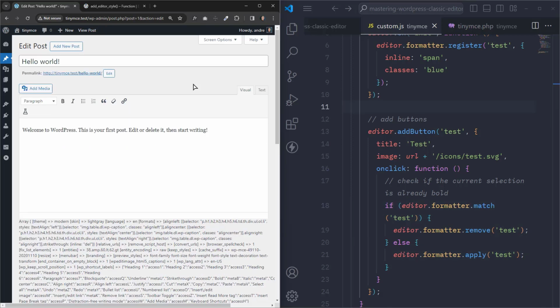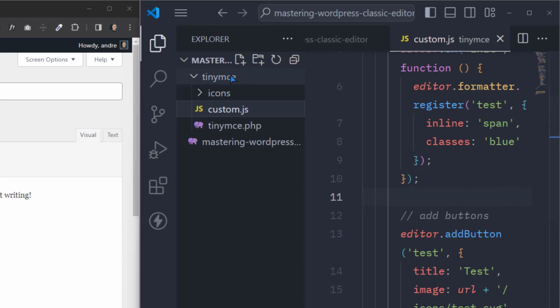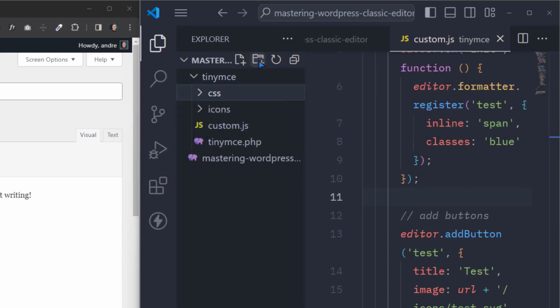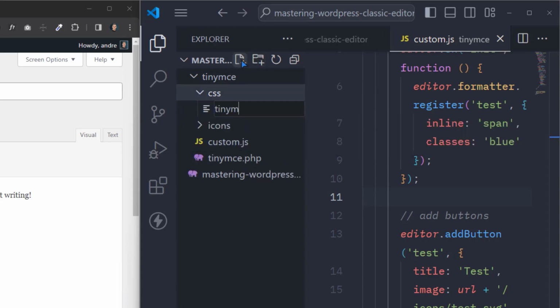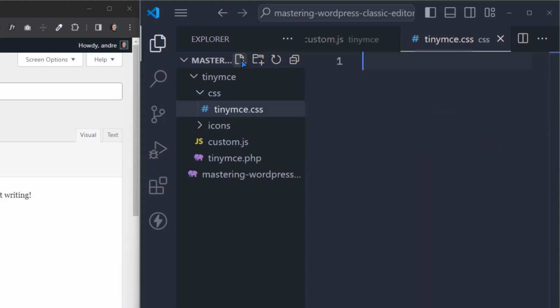To add custom CSS style to our TinyMCE editor, let's first create a new folder here inside our TinyMCE folder, and let's name it CSS. And inside of it, let's create a CSS file called tinymce.css. And inside of it, let's create a simple CSS declaration using the class blue, setting the color to blue. Let me save it here. And now let's add the